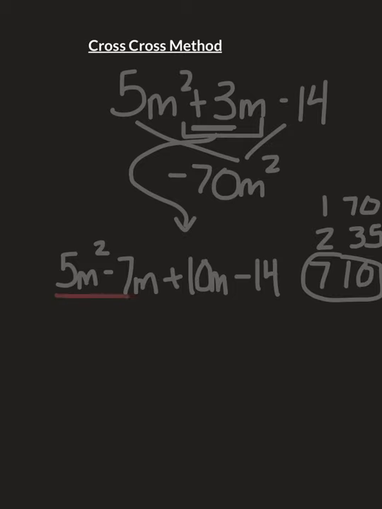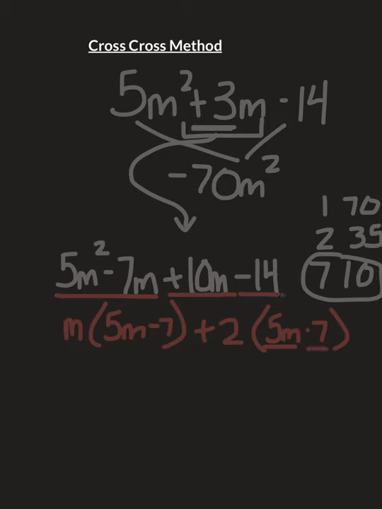Well, now I'm going to focus on this. I recognize the 5 and the 7 have nothing in common, so I just factor an m out. When I do that, I'm going to end up with 5m minus 7. I know the back parentheses has to match, so my goal is to see if I can make that happen. To turn a 10m into a 5m, I divide by 2. And that's also going to turn a negative 14 into a negative 7. I take the two terms that I factored out, and I take the parentheses,